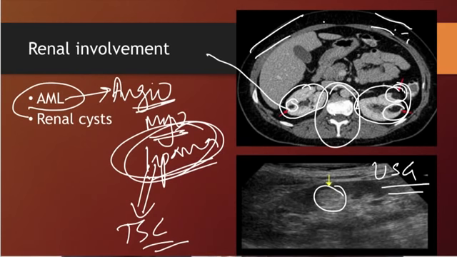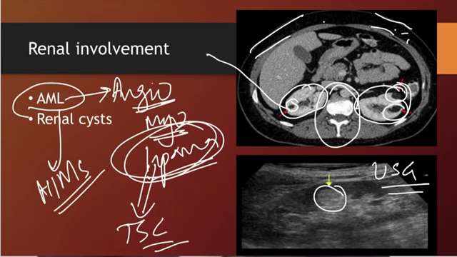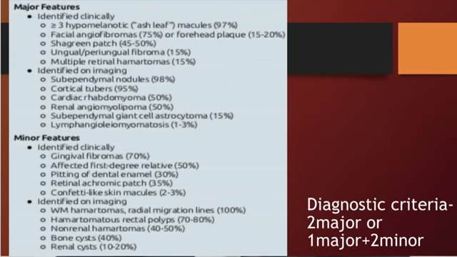Now this is a repeat question of the AIIMS exam, where an image based appearance of a CT was given showing an angiomyolipoma and the diagnosis was expected. So it is again important to know that AML has fat which is similar to the subcutaneous fat, and that is what will clinch you the diagnosis on a CT image. Next, AML is a major feature, whereas the other renal manifestation, which is renal cyst, is a minor manifestation. So just to recapitulate, we'll go through the features one more time